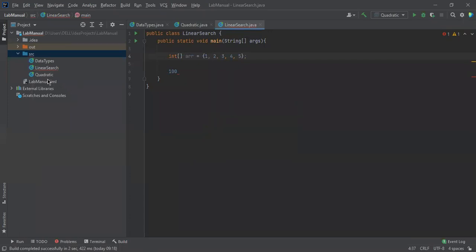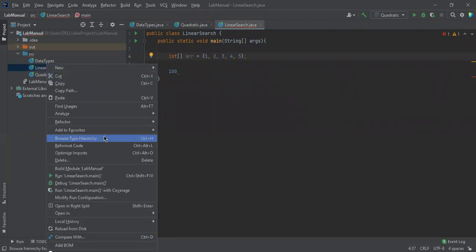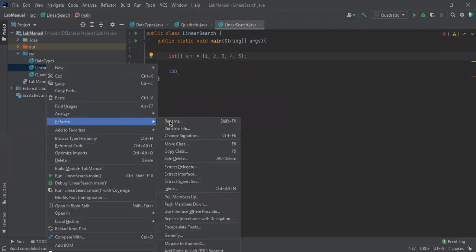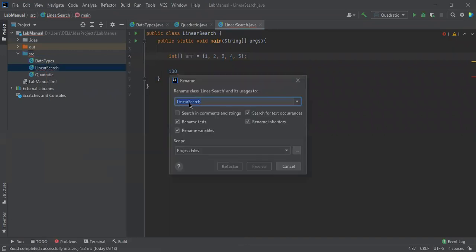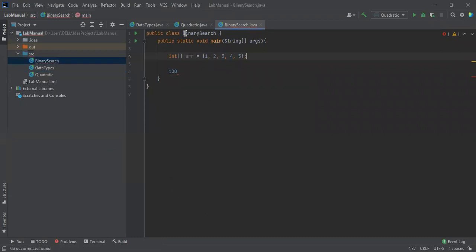I'll change it over here. Refactor, rename. I'll change this to binary. So the class name has been changed to binary.